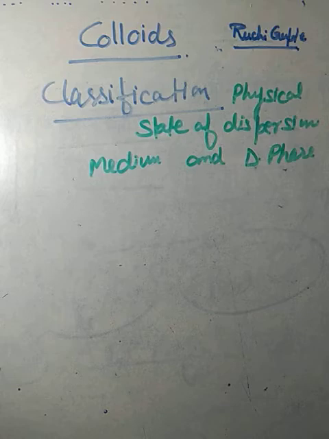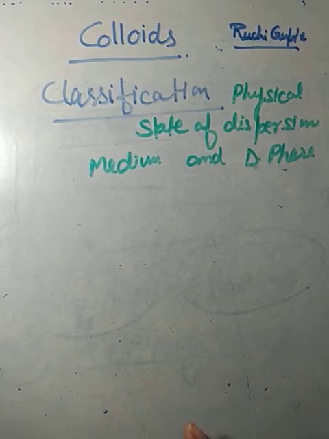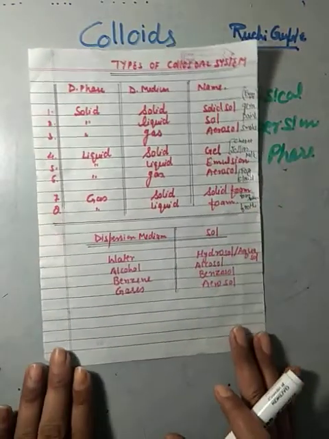And you all have to make this table from the NCERT in your notebook, and you just learn it, because in the examination the question comes in such a manner: what do you understand by gel? Give one example. So you have to write: gel is a colloid in which the dispersed phase is liquid while the dispersion medium is solid, and the examples are cheese, butter, jellies, etc. So here I have prepared a table for you, dear children. Please just see it.